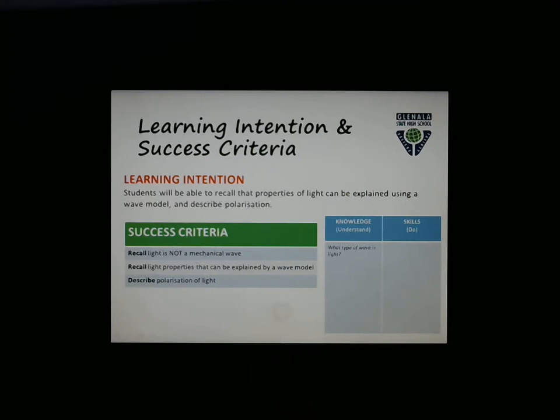So things we need to know: what type of wave is light if it's not mechanical? What properties of light are there to explain? And then finally, well, what is this polarization? Not much doing in this video. So,